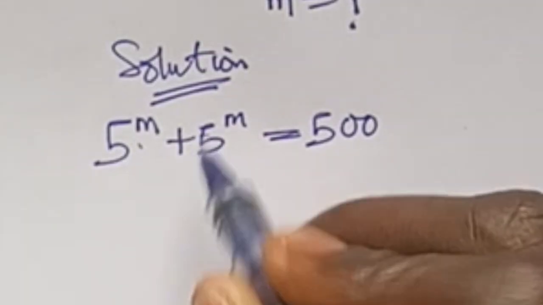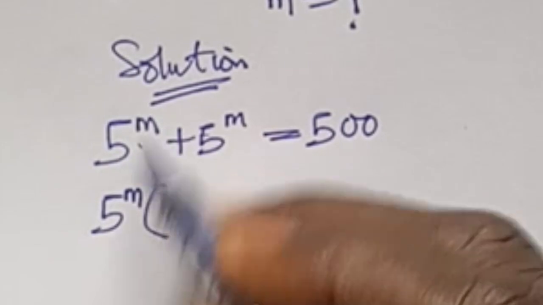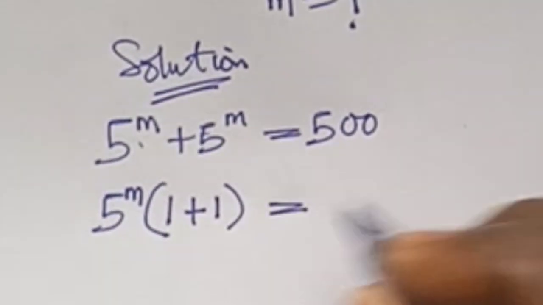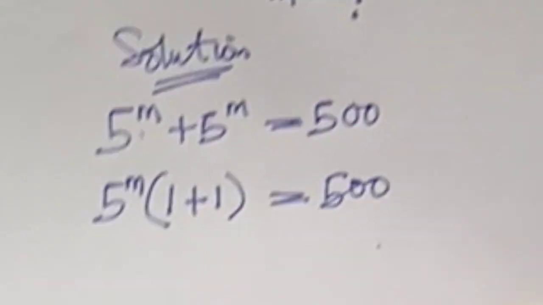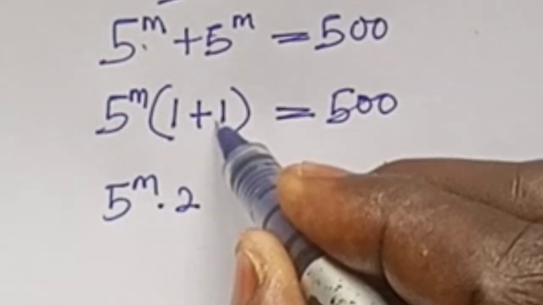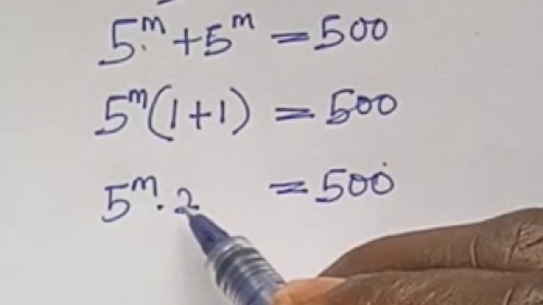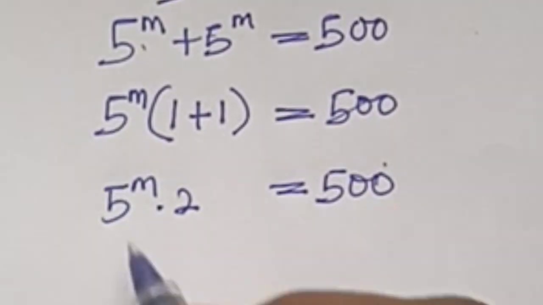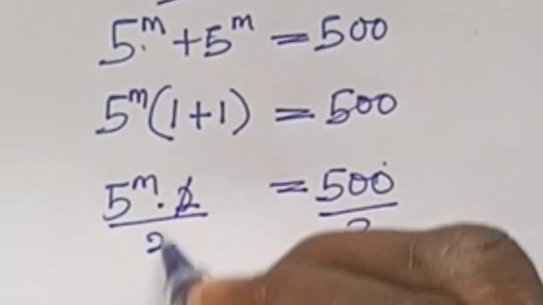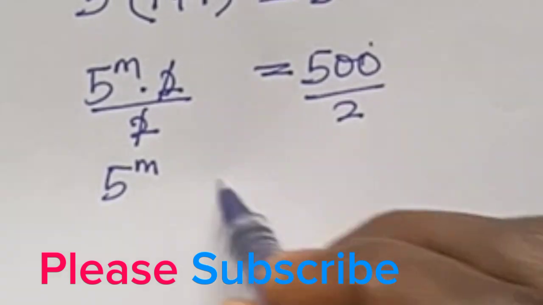5 to the power of m is common to the two terms, and if we bring it out, 5 to the power of m, open bracket, 5 to the power of m divided by 5 to the power of m is 1, and here plus 1, equals 500. So the next line becomes 5 to the power of m times 2, since 1 plus 1 is 2, equals 500. To eliminate the 2, we divide both sides by 2, so the 2 cancels out. What is left is 5 to the power of m equals